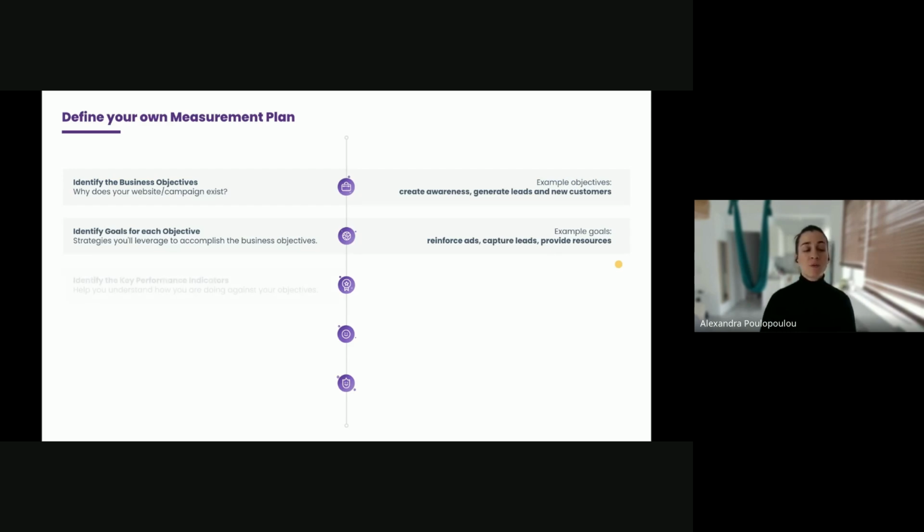When we have this, we need to measure the results, of course. So based on the objectives and based on the goals, we will define the metrics and the key performance indicators that will showcase how we did, if we succeeded, if we failed. We cannot start shooting implementations and events and conversions if we don't know what we are looking for. So the first two steps are very important in order to define what we are going to measure here.